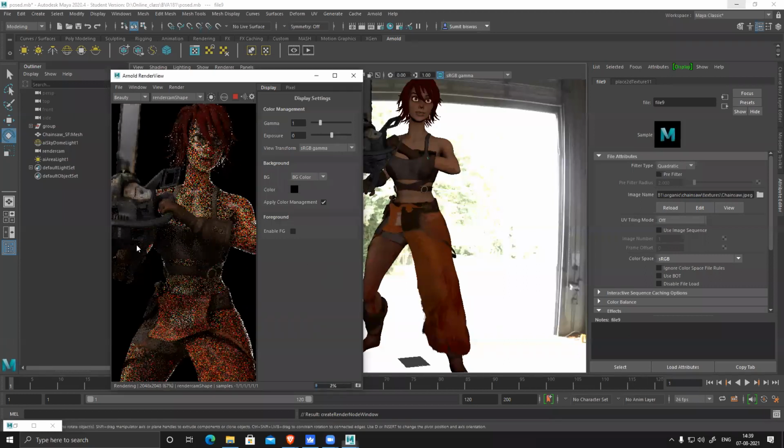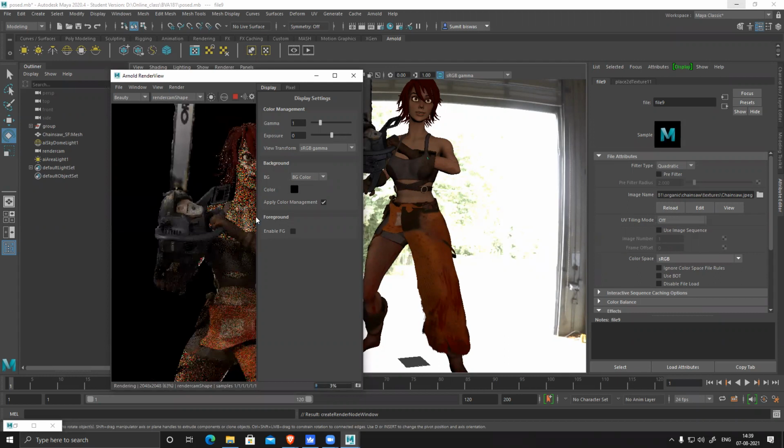So you can see now it's much better. Now if I want, I can adjust those specular, but this looks kind of fine. Anyway, just for the sake of it, I kept it there.